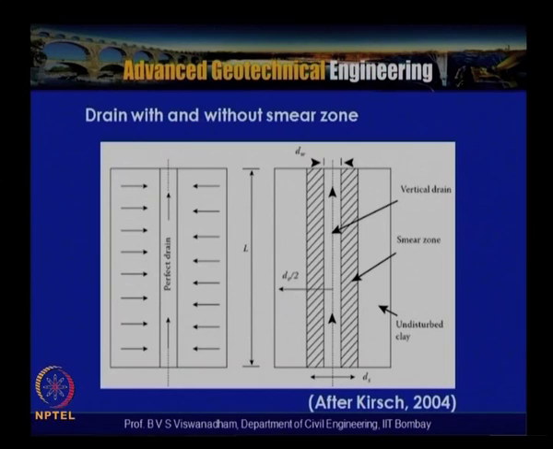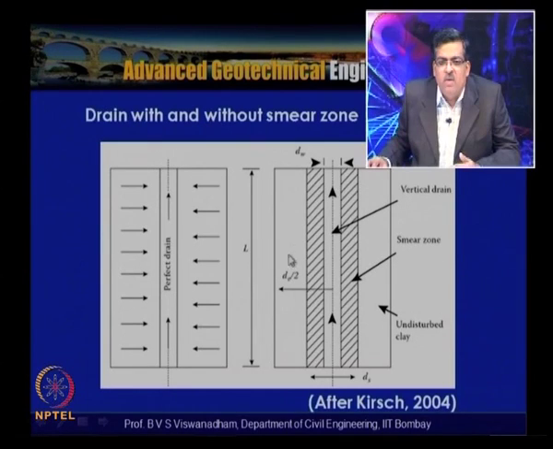So this is a typical drain with and without smear zone. As has been told, this is a condition where if you have a perfect drain and the smearing ratio, that is ds by dw, is equal to 1, then S is equal to 1, which is called a perfect drain. And when you are having this